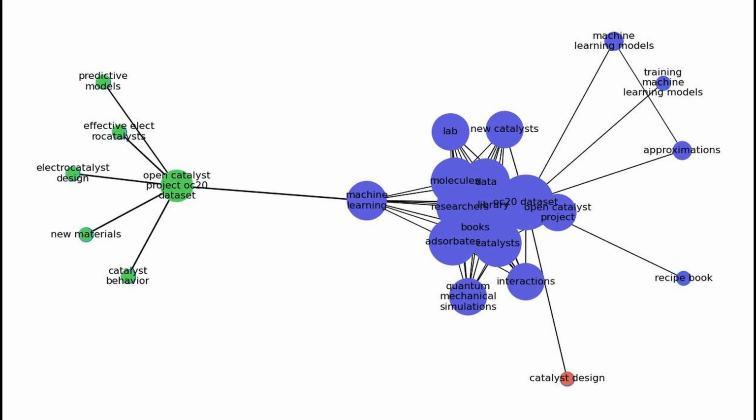Moreover, the OC20 dataset captures a wide array of potential combinations of metals and their configurations, reflecting the diverse possibilities in catalyst design. This is like having a huge recipe book that contains thousands of different ways to make a cake. Instead of trying to bake each cake individually, researchers can use the dataset to find the best recipes and